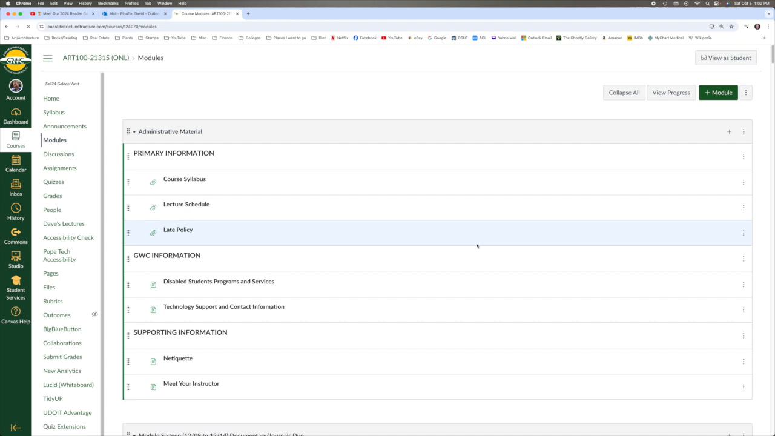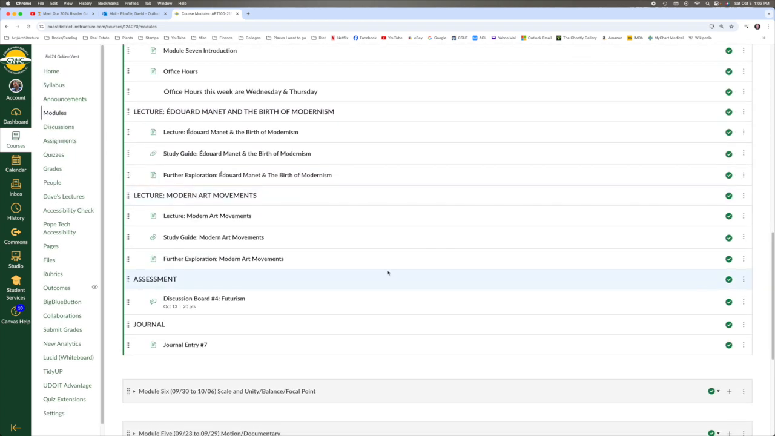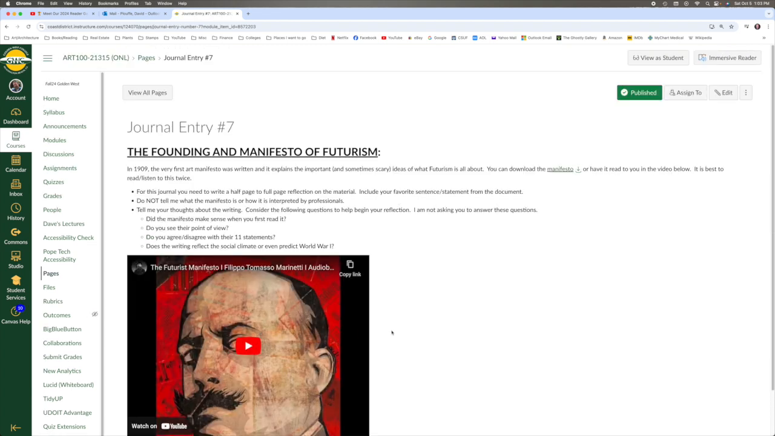The final thing we have to do this week is a journal entry, and the journal entry actually deals also with the Futurist Manifesto. After you read through that, I'm looking at a half-page to full-page reflection. Do not tell me what the manifesto is or how it is interpreted by different professionals. I want to know your thoughts and feelings about what is being said within it. Make sure to take a look at their 11 statements that they make and consider how this deals with us